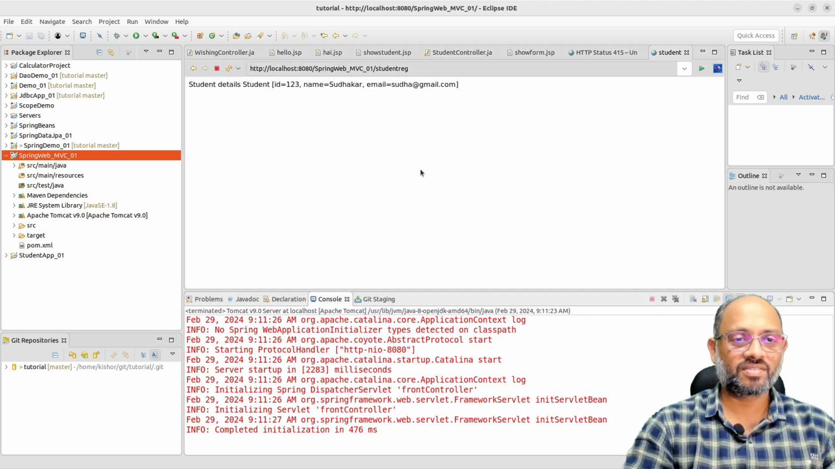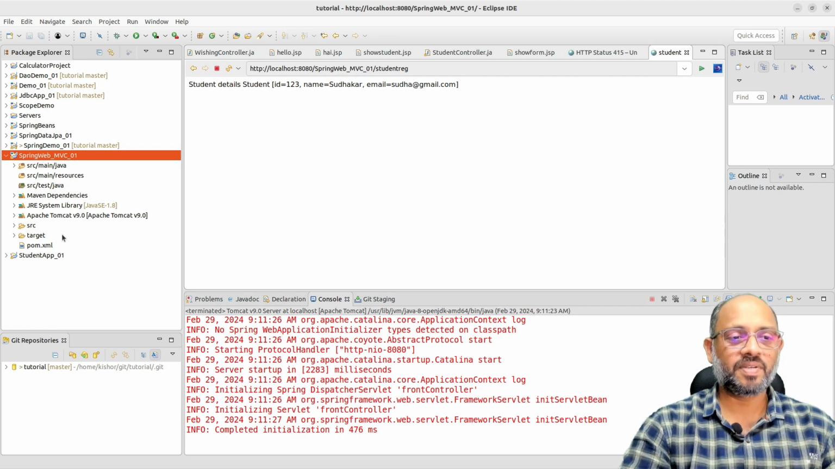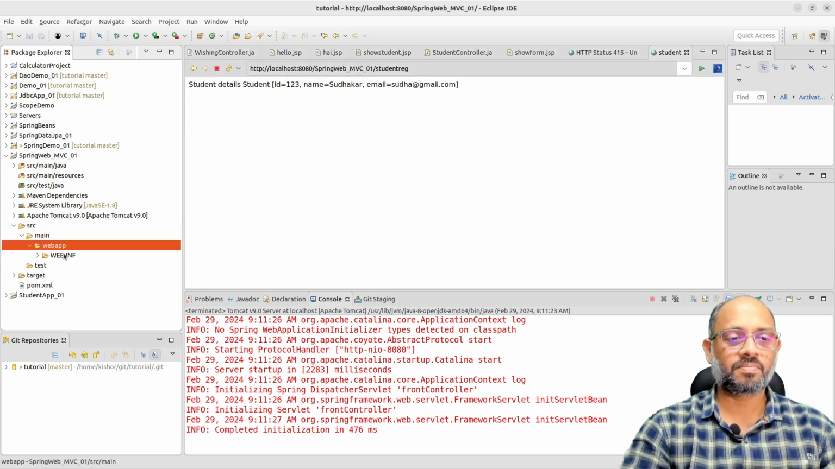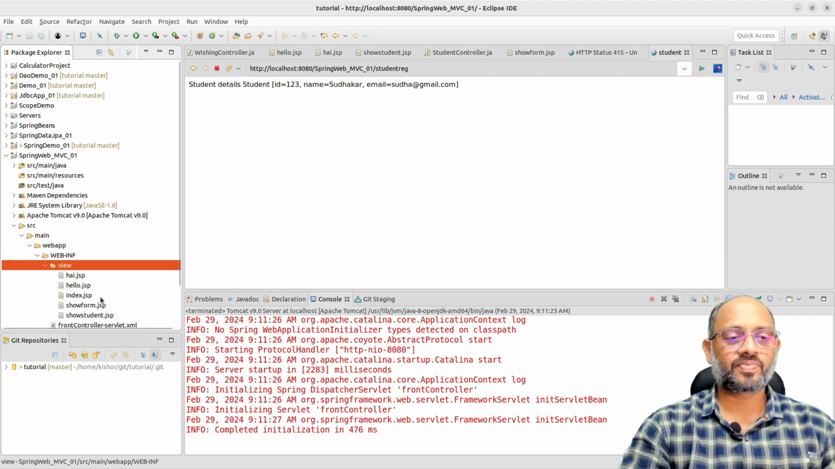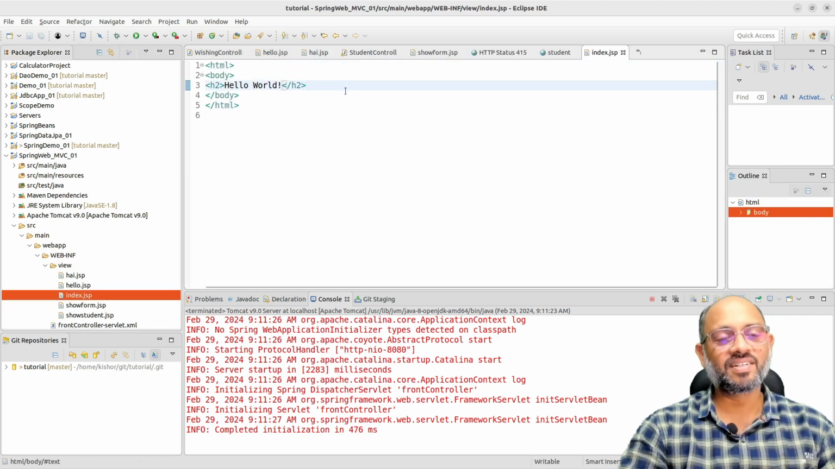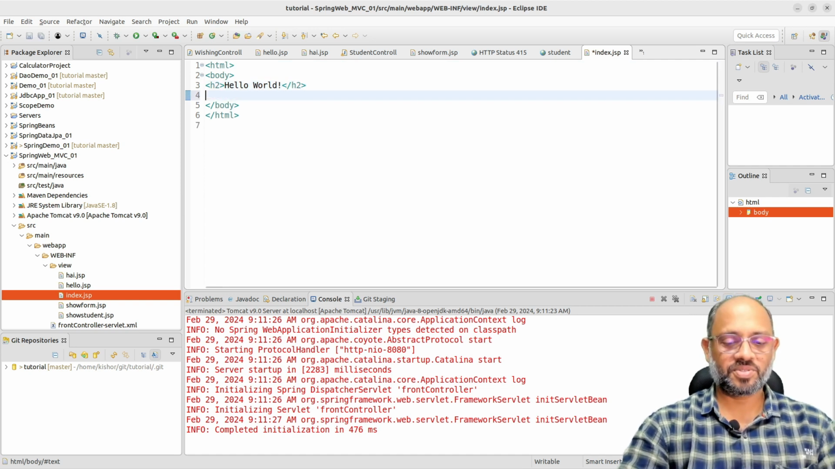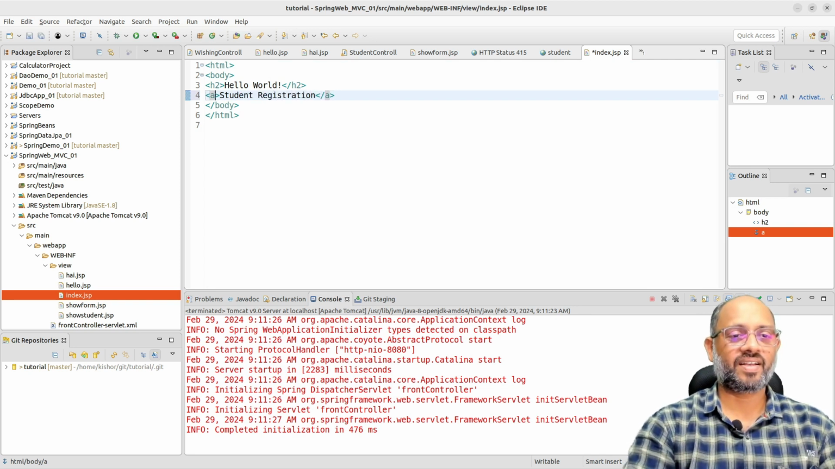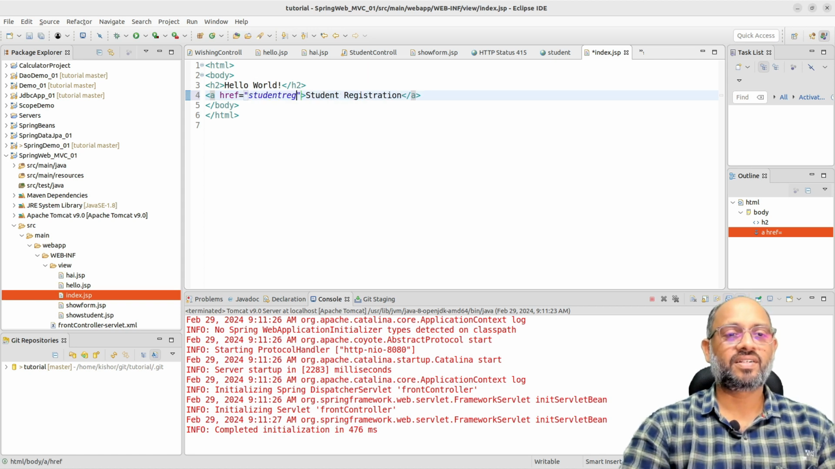First stop the server, and in the index page or the landing page, let us provide a small link: src main webapp, WEB-INF view, index, hello world. This is the landing page. Here we'll provide a link: student registration, anchor tag student registration, and href equals student reg. Okay, now